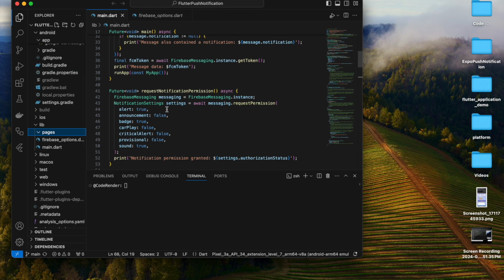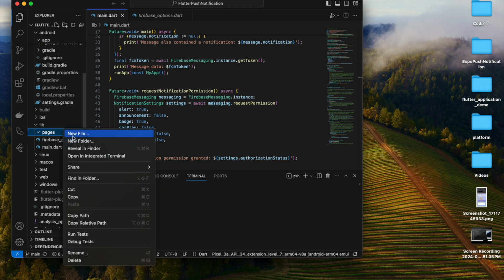Today, we're going to dive into Flutter and learn how to create both a login and sign up page from